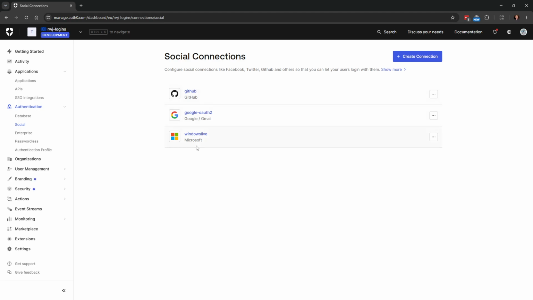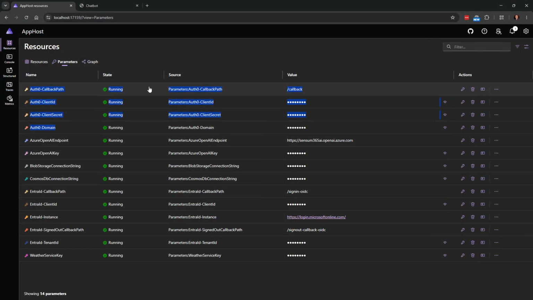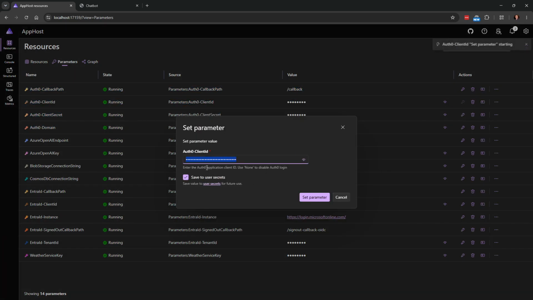All of these have not really been set up other than for development. There is more work to be done in order to go into production, but we won't be covering that here. That will mostly be documentation about Auth0, how you set all these things up. So all of these are just press next and nothing more. Once we have those, we can put them in. But I've also taken care of that: if you don't want to use Auth0, you can write the word none in all these fields, and it will disable Auth0.